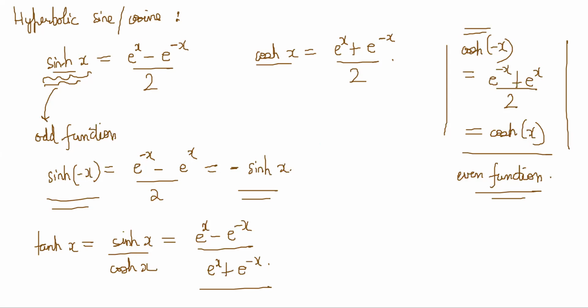Correct. Tan is defined like that. Now, similarly, all the other ratios are defined in similar ways as you have learned, right? Now, what is important here is to understand the derivatives of these functions. Suppose sinh x is equal to e power x minus e power minus x by 2.